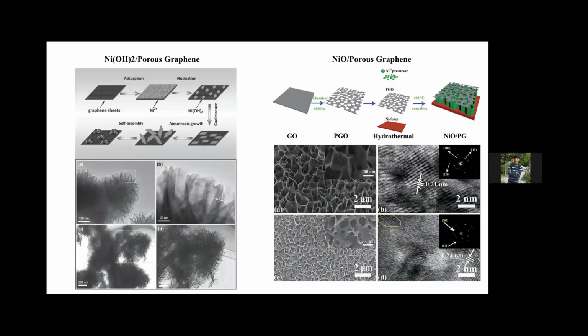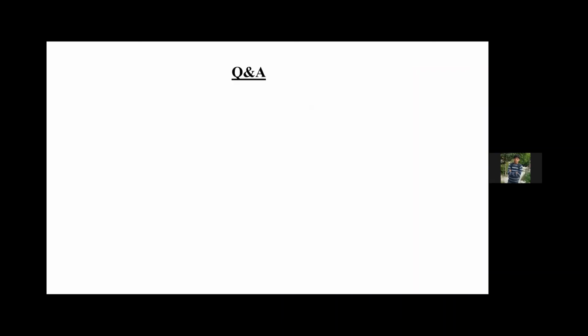And here, not only nanorods, there are also nanoflakes, MnO2 and porous graphene nanoflakes. And here are the pores and nickel oxide. Here is the nickel hydroxide, and this is the nickel oxide and porous graphene that have nanopores or a flake-like structure, which can be used. So that's it for now.